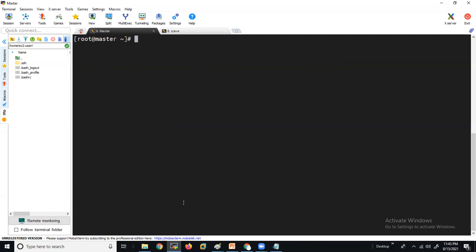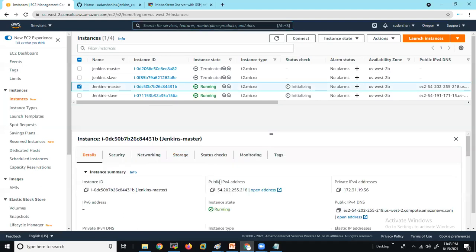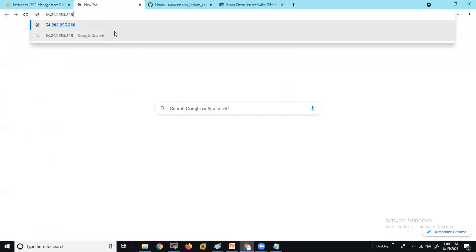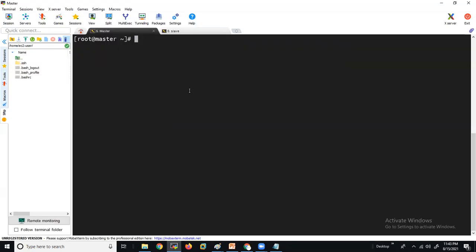Since Jenkins is installed, go to the URL in the browser, copy your Jenkins public IP and give 8080. We need to do some basic installation steps in the website. While it is loading, we need to do the handshake between them using the username.